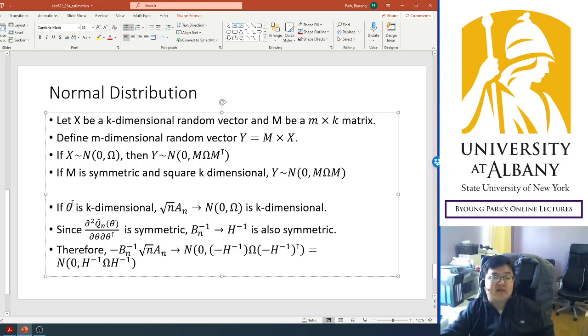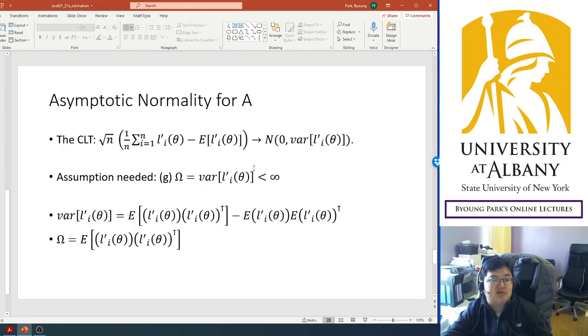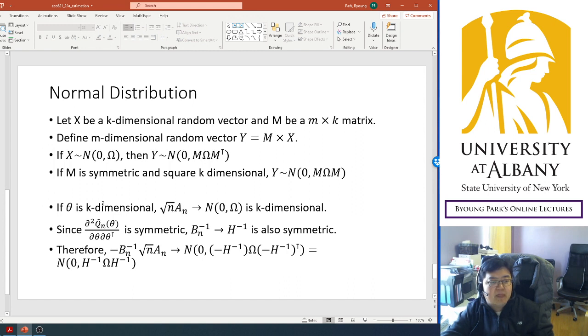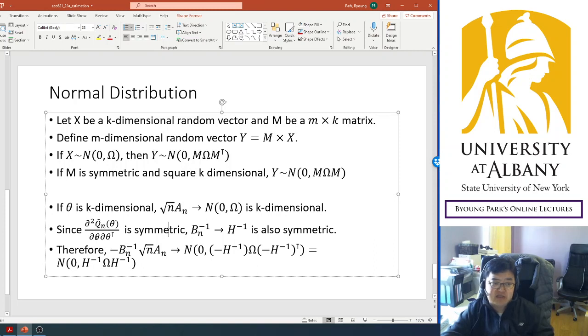Theta is a vector, and let's assume that it is k-dimensional. So everything is k-dimensional. In the end, we need a k-dimensional result, and the normal vector is also k-dimensional. Look at the definition here. Q is one-dimensional, and if you differentiate Q with k different parameters, then that derivative becomes k-dimensional. So this is a k-dimensional normal distribution. So omega is k by k, and if you differentiate again, it is a k by k matrix, and